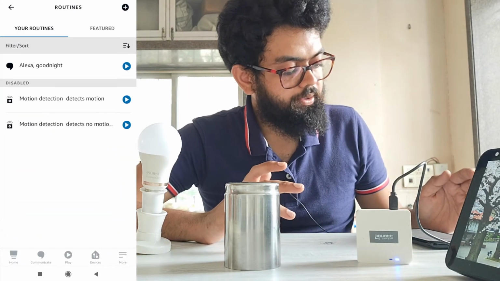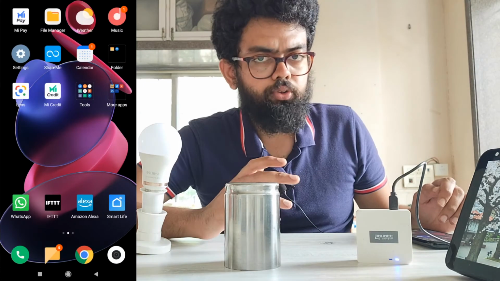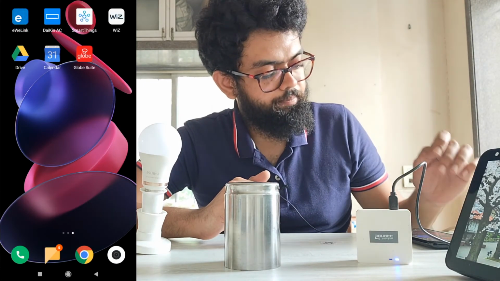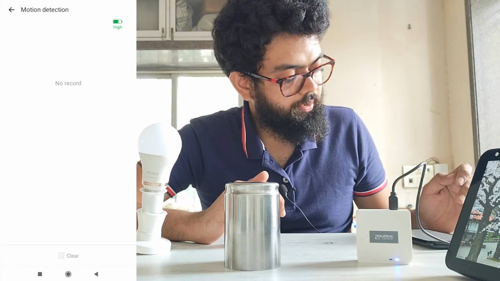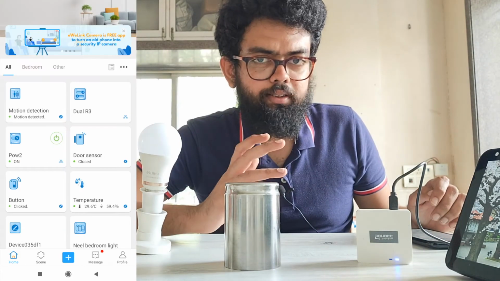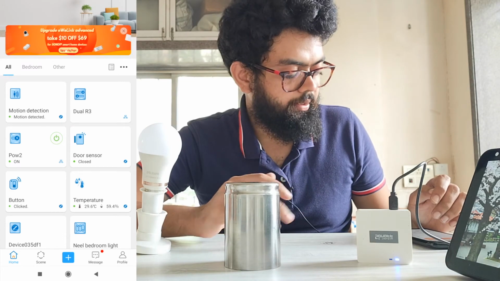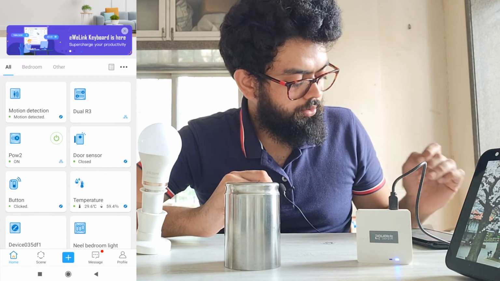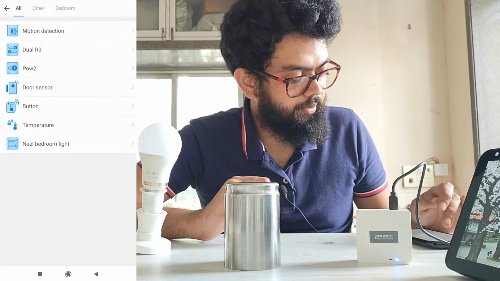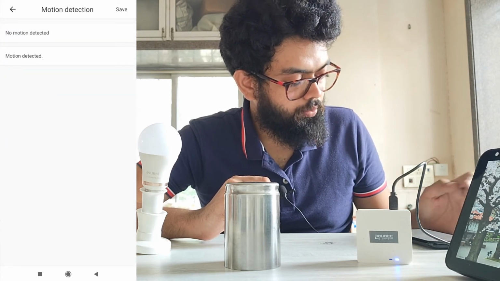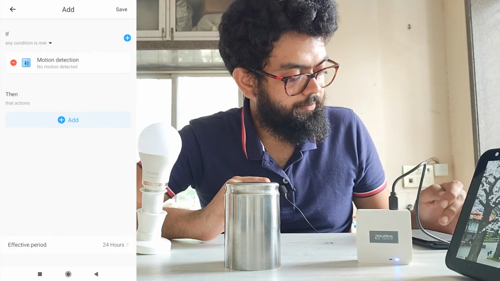Both the automations have been disabled. As you can see, the motion sensor is right here. Let us create a scene when there is no motion detected at a particular time. Click on scenes, click on the plus icon, add smart devices, motion detector, no motion is detected, save.